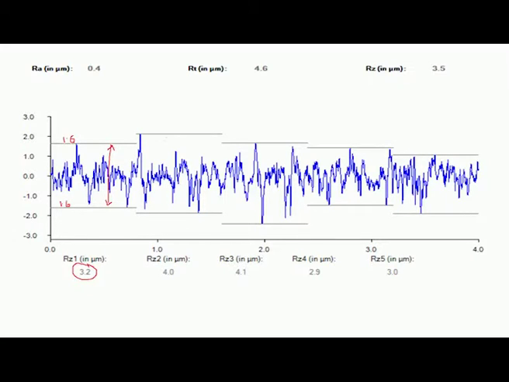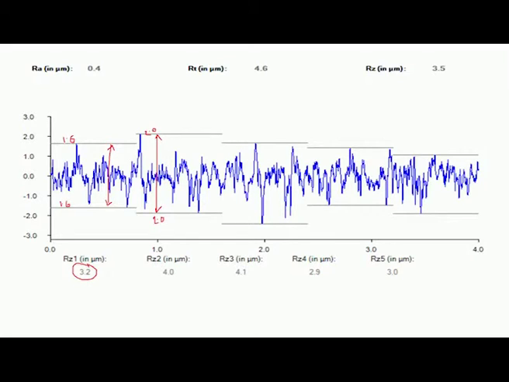Similarly, the Rz value for this particular sampling length is this one. So, here this is 2 micrometer and here it is 2 micrometer.